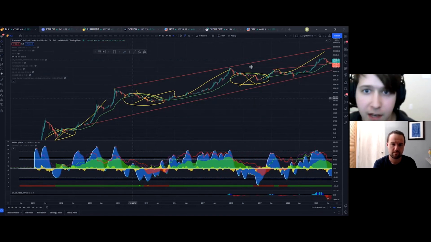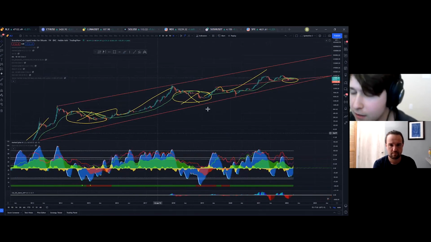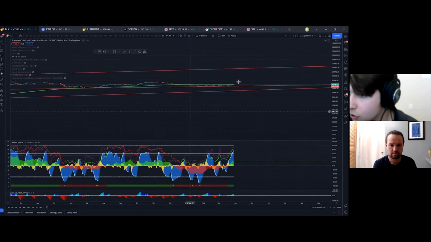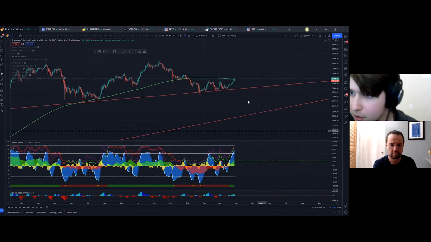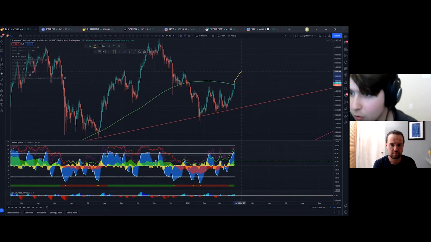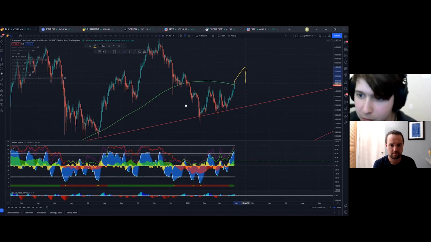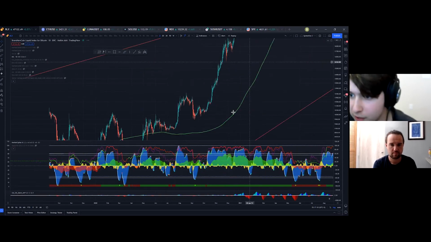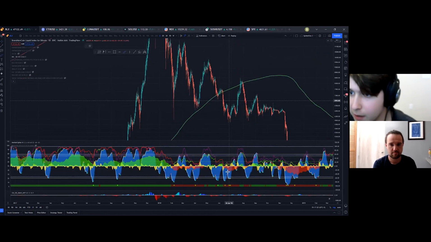So the fact that Bitcoin on the daily is currently sitting right at this yearly average level shows how important it is that we either break up here, come back down and retest it and go higher, or if we reject off of this, it would look very similar to what we did during the bear markets right here in 2018. What we don't want to see is we lose the yearly average, accumulate, come back up and sell it all off and then come back down. If we see something like this at the yearly average, that would be bad. But I don't see that happening.